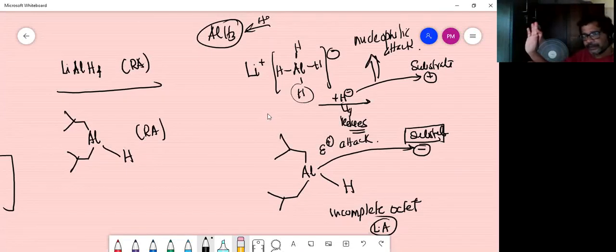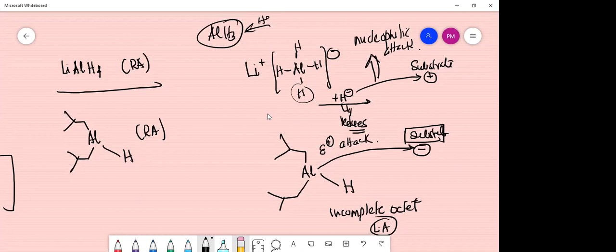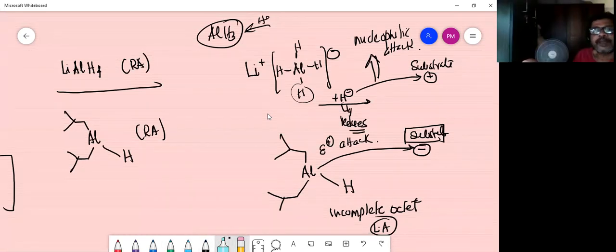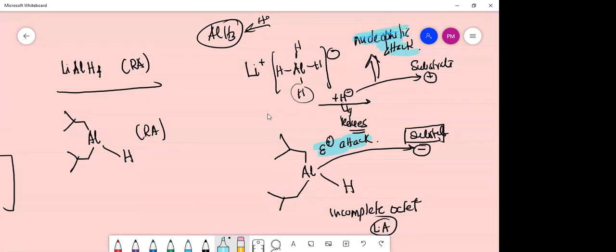Clear? So DIBAL is what? DIBAL essentially operates via electrophilic mechanism, whereas aluminium hydride essentially moves via nucleophilic mechanism. Clear? Done. Yes, sir. Now let me show you